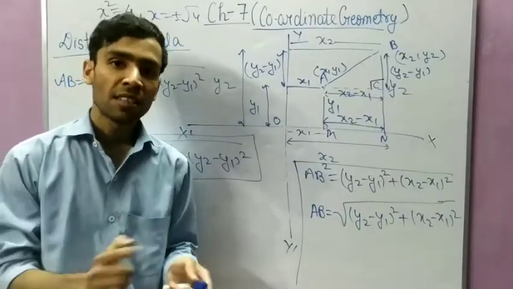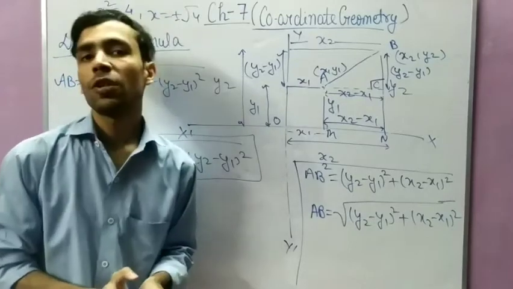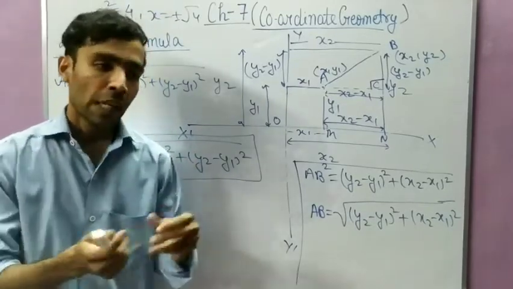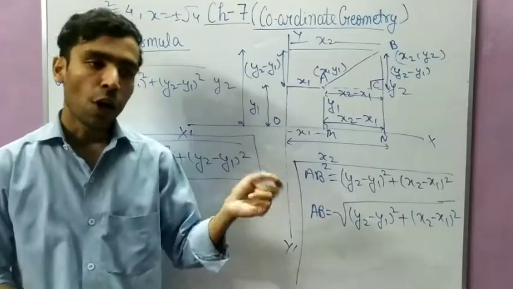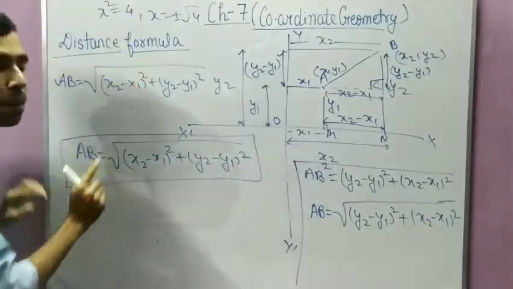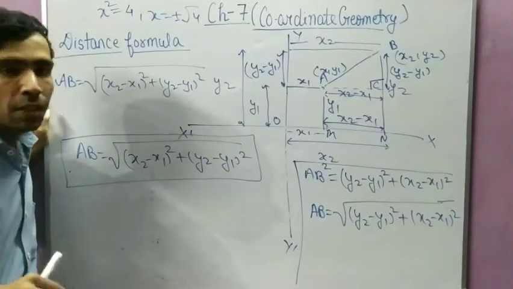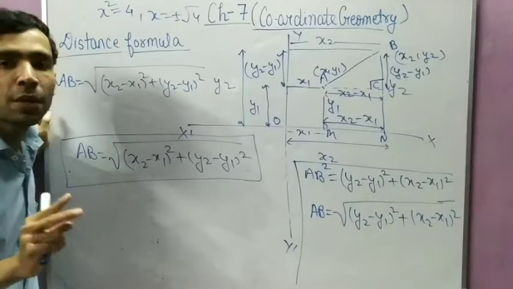Whenever you find distance is negative, it means you are doing something wrong, because distance is a scalar quantity also. And one more thing, whenever we measure distance, it will always be positive, it will never be negative. So that's why we have taken only the plus sign. Whenever you find the distance is coming negative, correct it. Distance can never be negative.